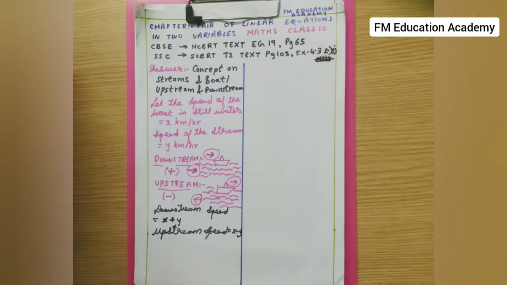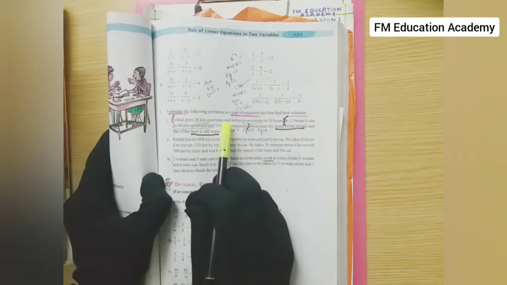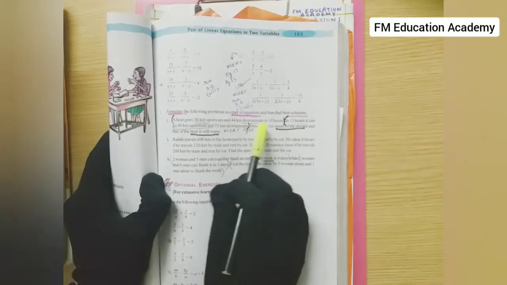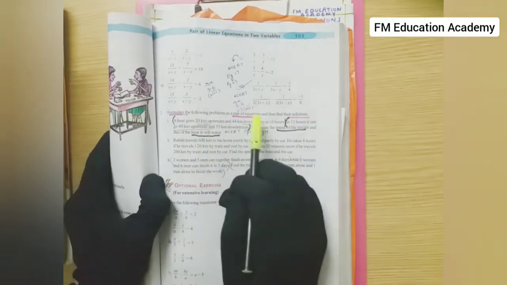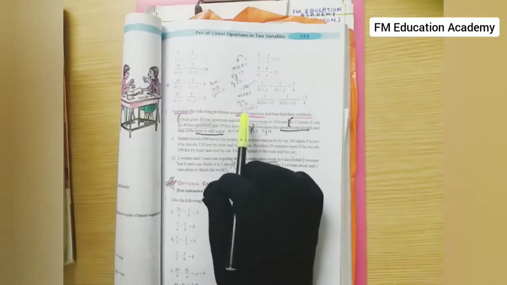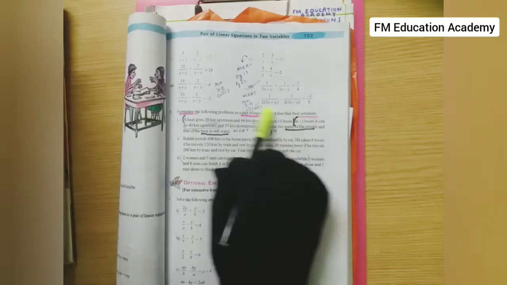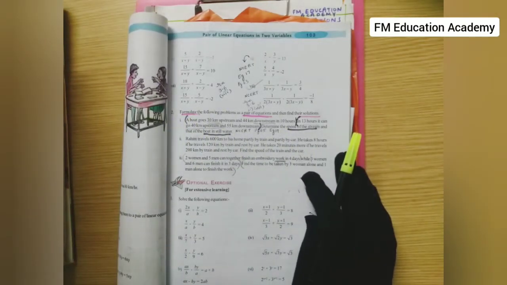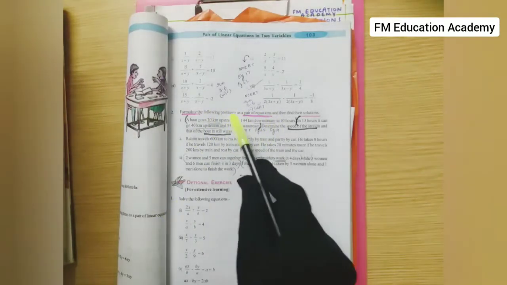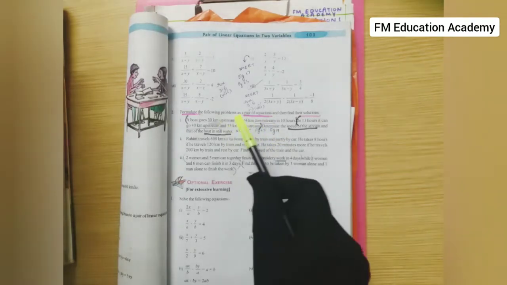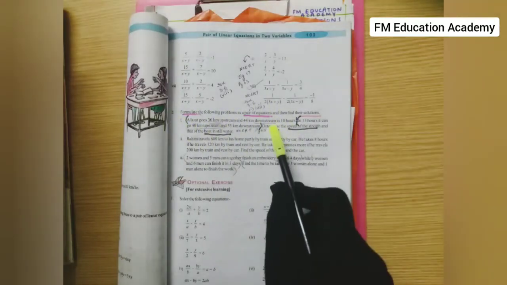Now let us come to the problem. Question: a boat goes 30 km upstream and 44 km downstream in 10 hours. I said you that this is the first part of the equation. So upstream is 30 km and downstream is 44 km, and traveling both upstream and downstream, it is taking 10 hours. So my equation should be in terms of time. Why? Because these both are distances, and we also know the speed of upstream and downstream. Since I know the speed, the distance and the total time, I need to write this first part of the equation in terms of time.